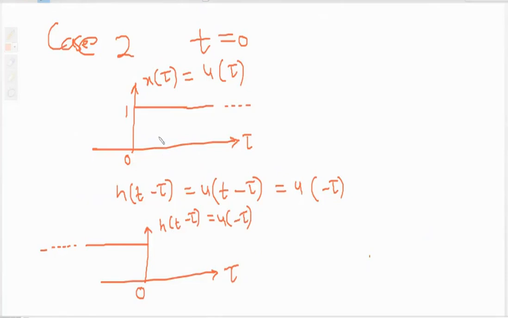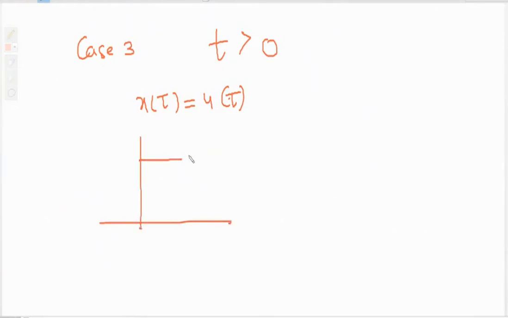Again, there is no overlap between these two signals. After the product, as we have to calculate the integration, there is no overlap. So again, our answer is y of t equal to 0 because there is no overlap between x of tau and h of t minus tau. You can say that both are present at 0, right? But to calculate the integration, we should have some overlap. And as there is no overlap between these two signals, our y of t is 0 always.